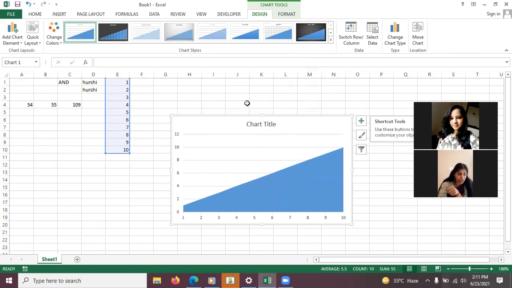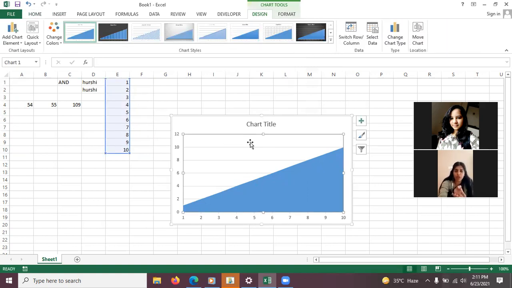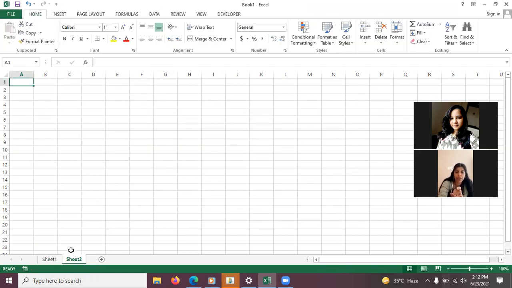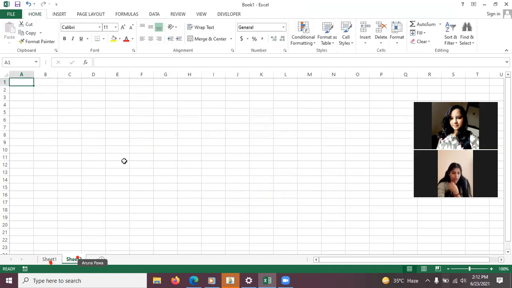Worksheet linking. This also we can do. Worksheet linking can be done by having 2 or 3 worksheets in the same workbook. Right now we have Sheet1 here. We can add more sheets from here. So we can link these 2 sheets. I mean, if I want to go from one sheet to another, we can go to another.